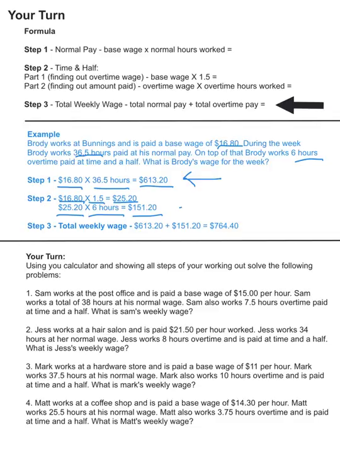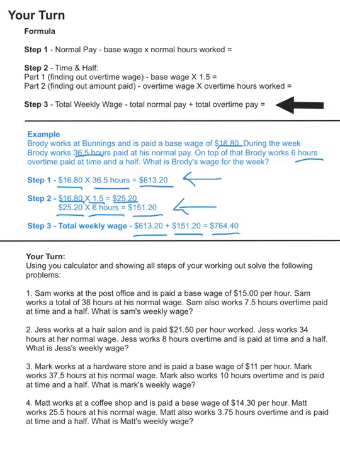He then earns $151.20 at his overtime wage. So to work out what Brody's weekly wage is, we simply add those two numbers together, the $613.20 and the $151.20, and that gives us a total of